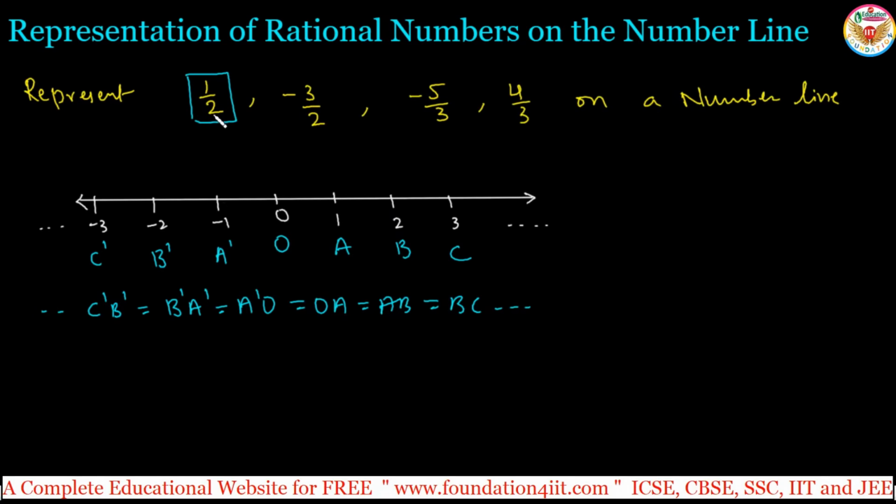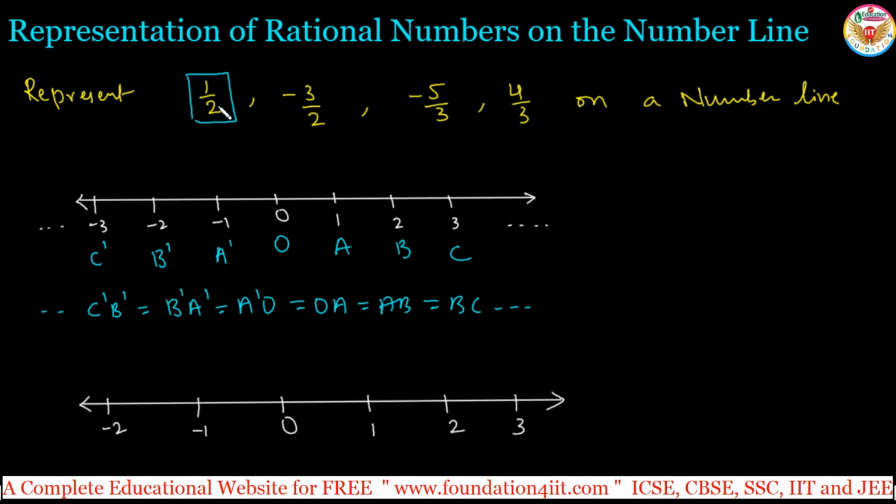Now to represent fractions or rational numbers on the number line, according to the denominator we have to take the step. In the first problem the denominator is 2, right? So between 0 and 1, 1 and 2, 2 and 3, we should make 2 parts. Let us see here. Now this is the number line. The center is 0, and it says 1, 2, 3. Maintain the same distance by using a scale.